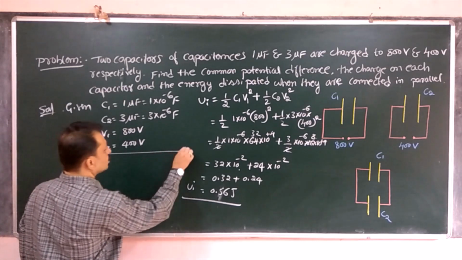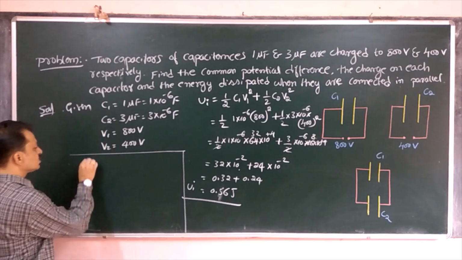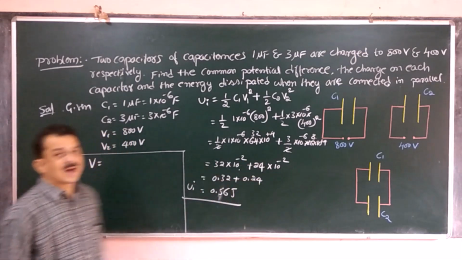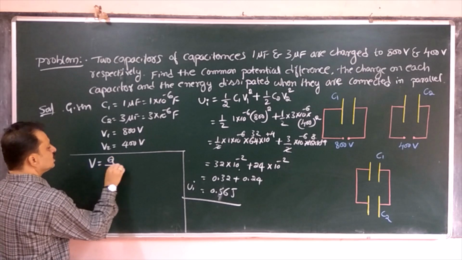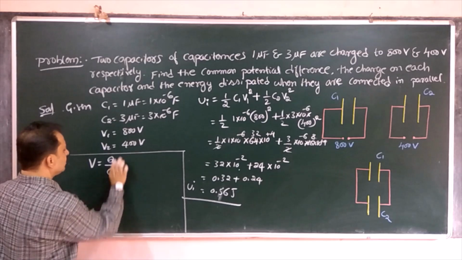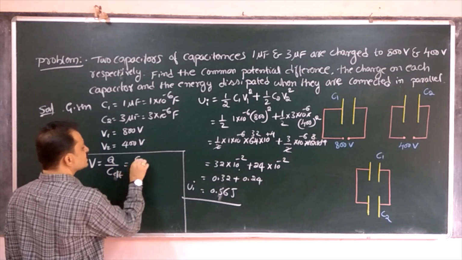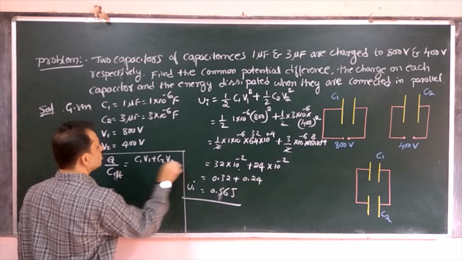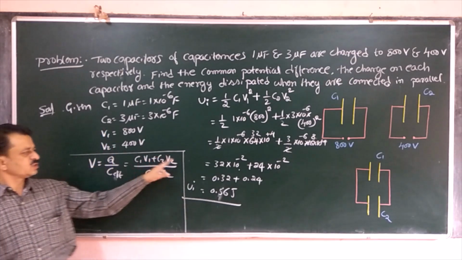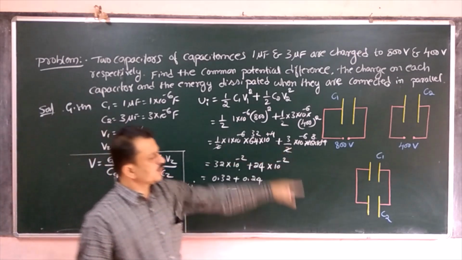Now we have to work out the common potential. We have already taught a formula for common potential. Now common potential is equal to the total charge when those two are connected in parallel, divided by the total capacitance, the effective capacitance in parallel combination. So the formula we told is C1 V1 plus C2 V2, remember, divided by C1 plus C2, direct formula. C1 V1 plus C2 V2 divided by C1 plus C2 gives the common potential